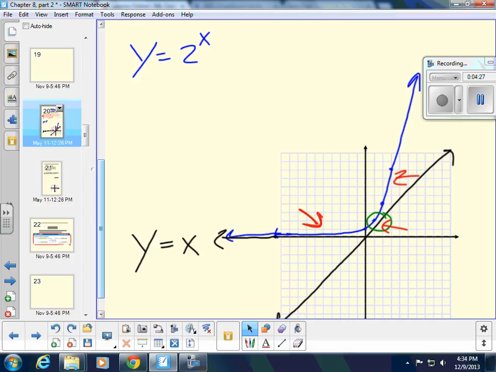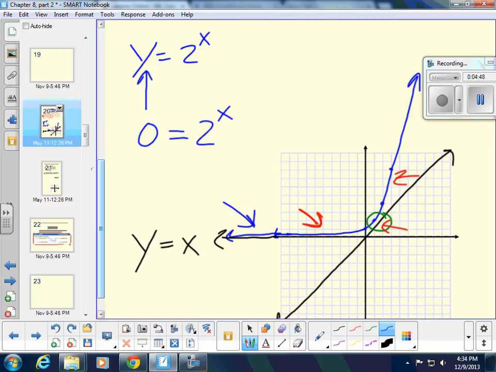For this graph to be equal to 0, at some point my blue graph has to eventually touch the x-axis. That means I have to put in some value for x, and y would have to be 0. So at some point this has to actually get all the way down to 0 somehow. Well, can you think of a number that I can plug in for x here that would give me 0 for this problem? Now that's the trouble with this, because